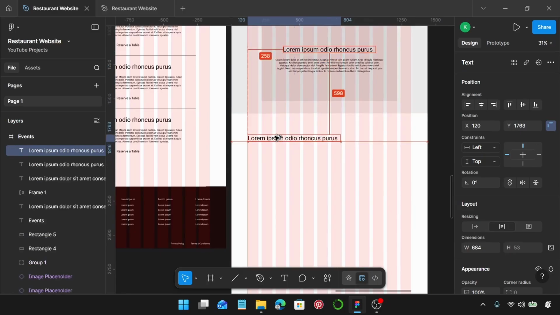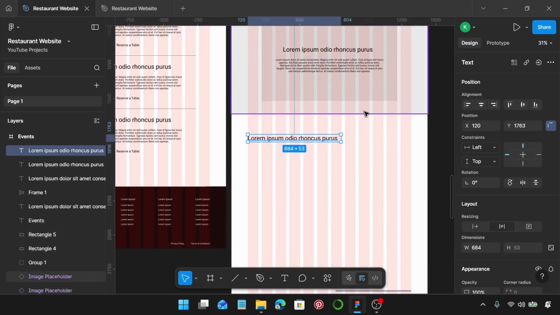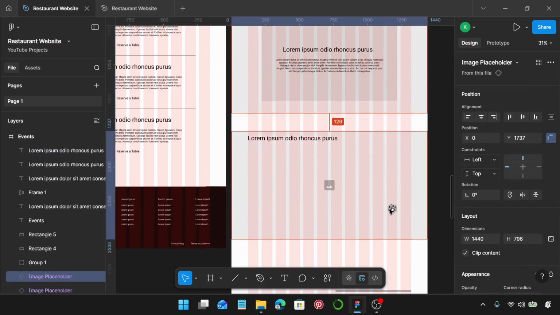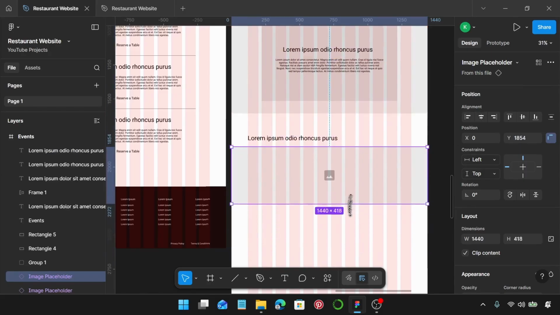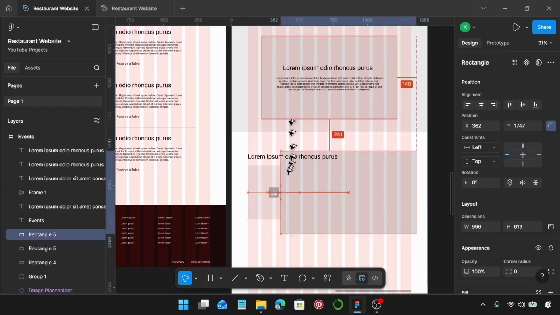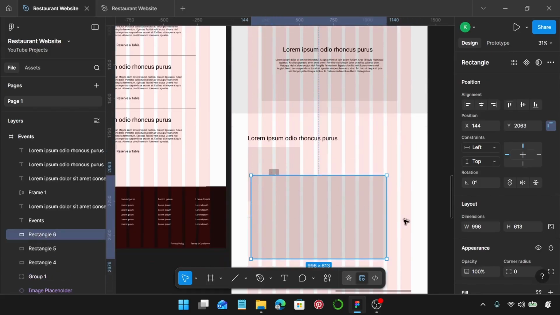I'm just going to grab this, bring it here, and I'm going to grab this image and create a copy, and I'm going to reduce the height. So I want 3 images, so this one is going to span the width of 4 columns. Grab this rectangle, bring it here, and reduce the size so it looks similar to what we had in